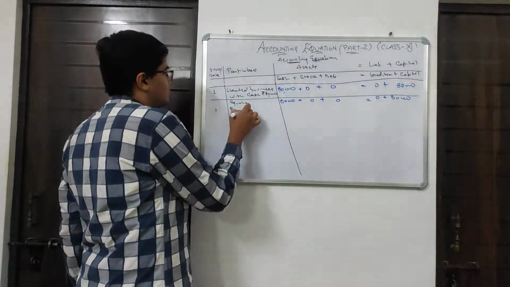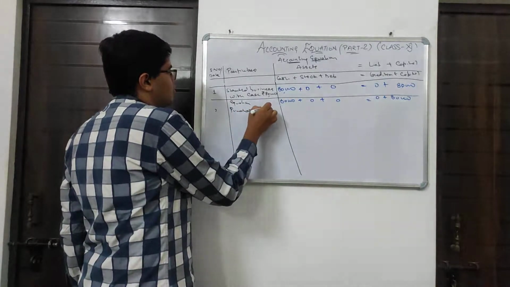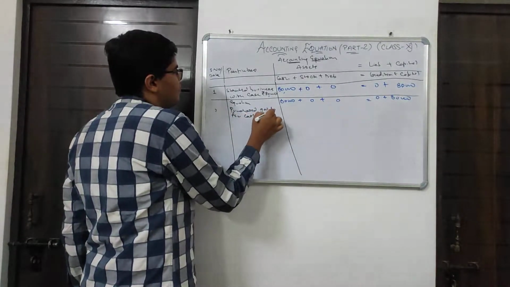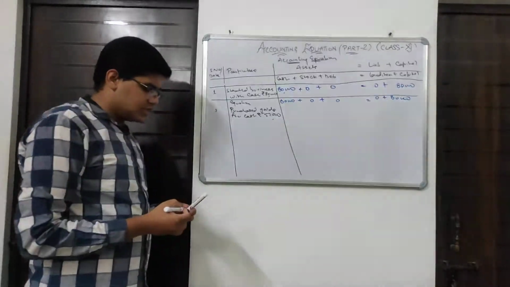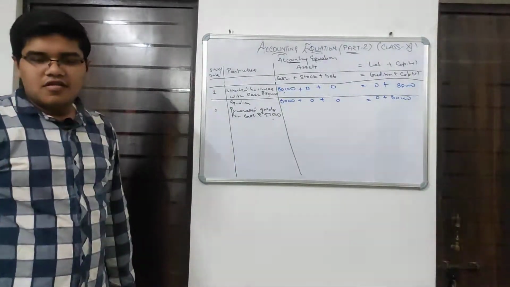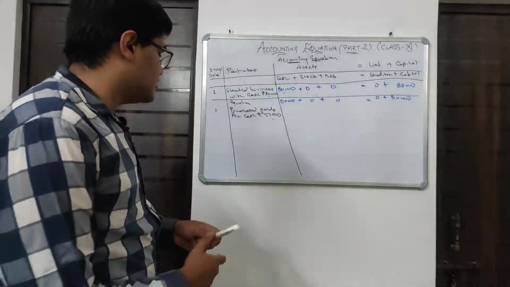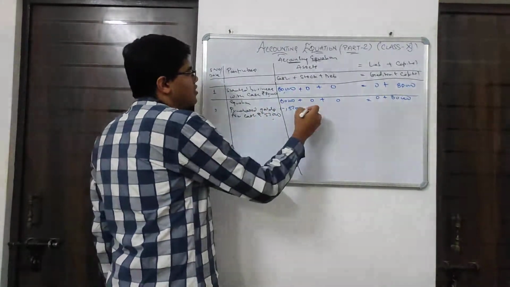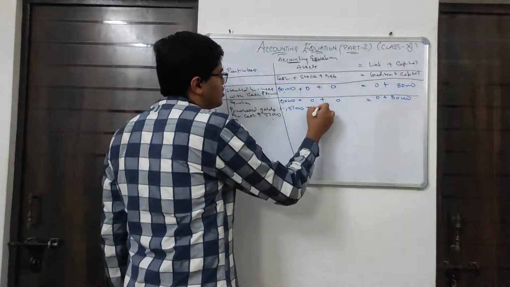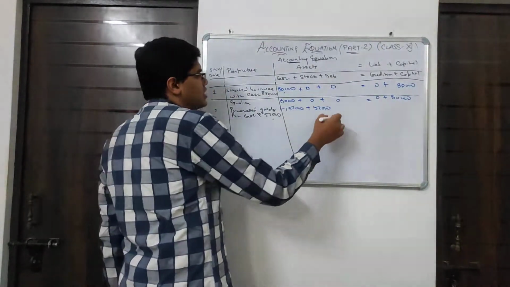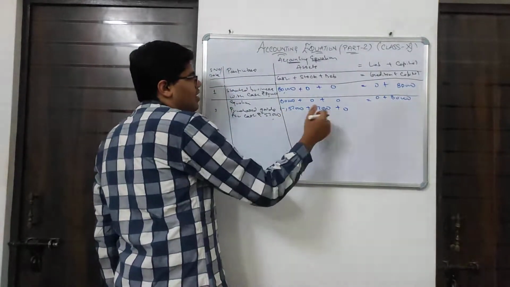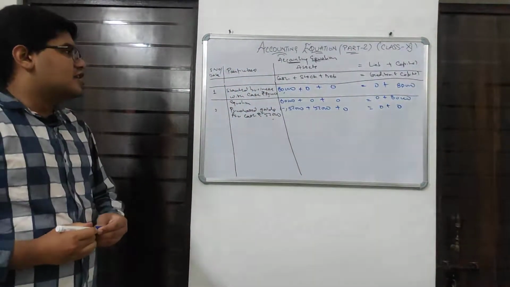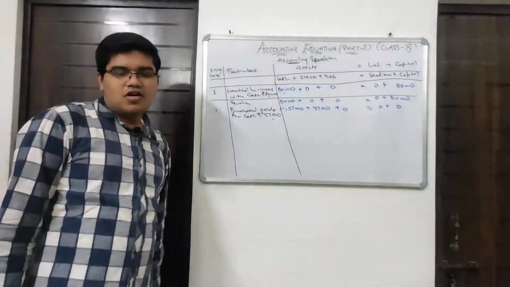Purchased goods for cash rupees 52,000. Since we are purchasing the goods for cash rupees 52,000, first of all cash will be minus because the money is going out of the business, and stock increases by 52,000 because the goods are coming into the business. As you can see, it has this dual effect, the minus and plus cancel, 0 plus 0, no change in anything, only change in cash and only change in stock.